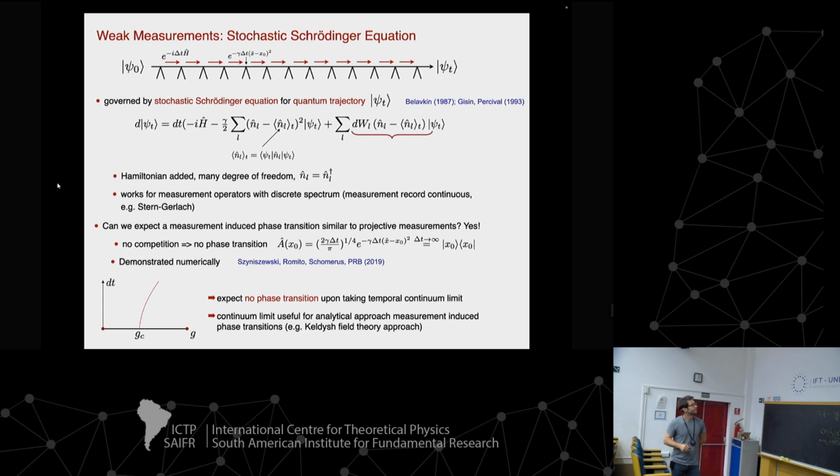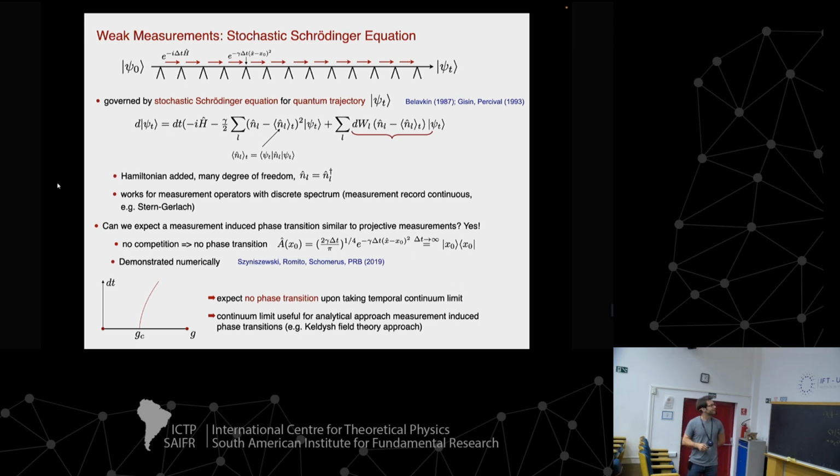Good. So then we can ask whether we should expect actually a measurement-induced phase transition similar to the case that I discussed for the strong projective measurements. So, it's already there, but any comments on that? It's maybe a bit boring, because it stands here. The point is, when do we get phase transitions? We get it when operators do not commute.